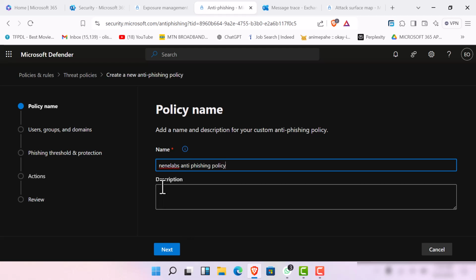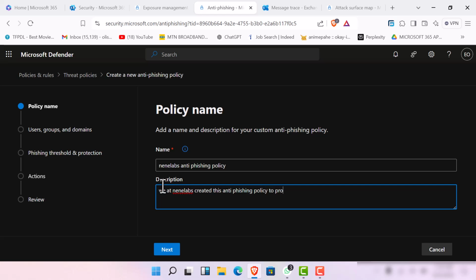We at Nene Labs create this anti-phishing policy